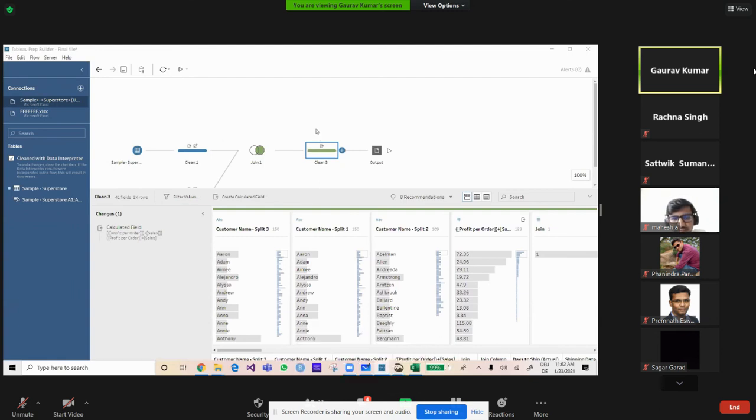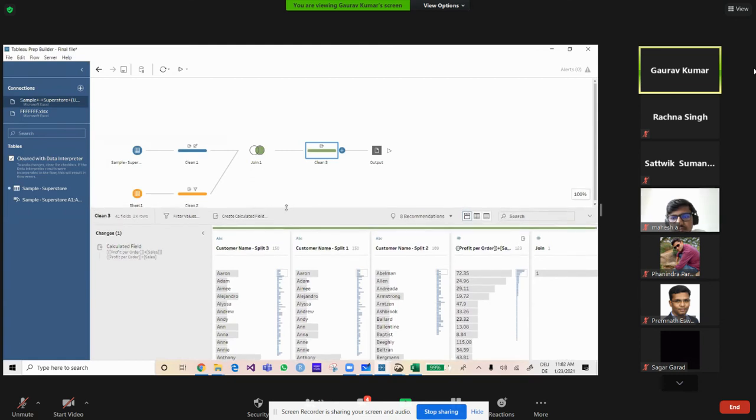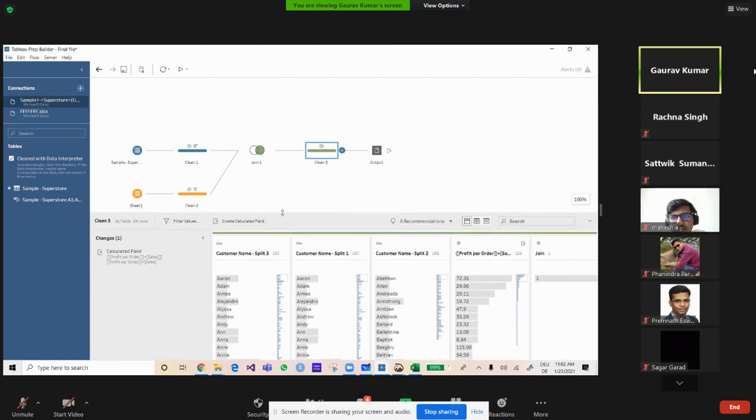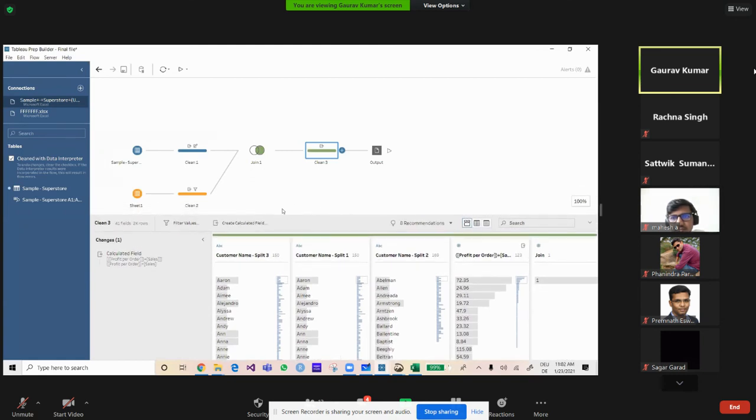So basically today, actually I will show you, because this is basically overlooked. Nobody is telling about how these things work, since this is very easy. But yeah, I would suggest try to do some basic data prep, and then you will come to know, okay, this is a good tool, and you can do whatever you want.